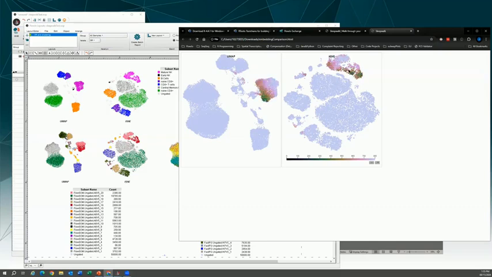There are these tighter islands, at least in the embedding space. But when I hover over it and look at the distances in the coloring, I can see that it's really spread across this island,